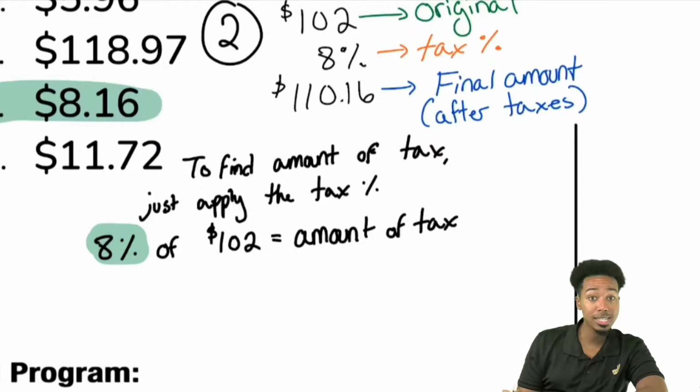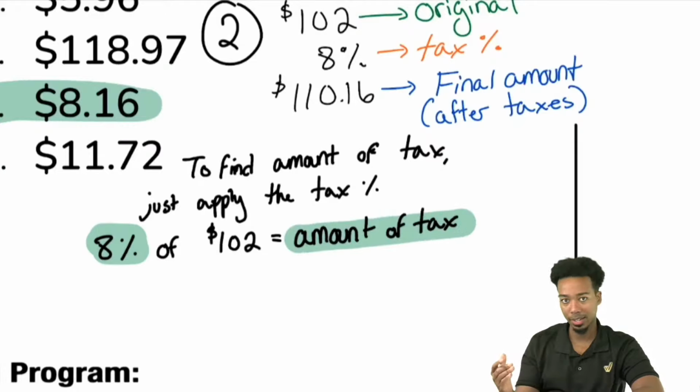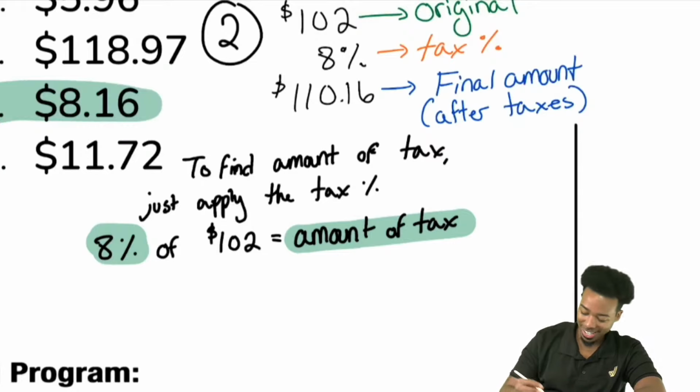8% represents the percent of the tax. So the result that you'll get is the amount of the tax. Let's go ahead and do the work here. Watch this. Everybody convert